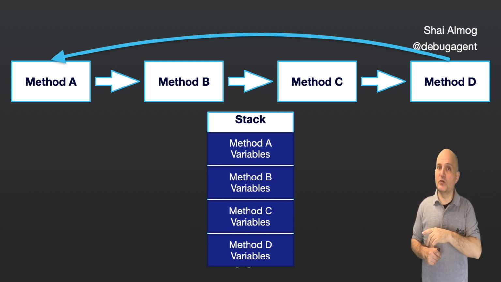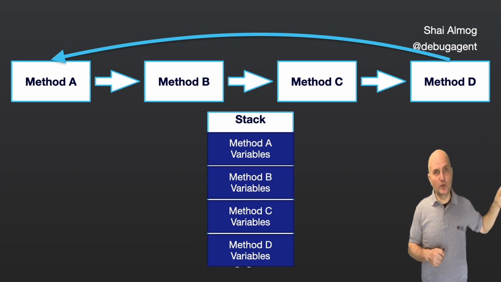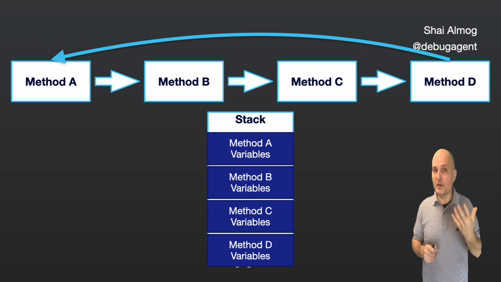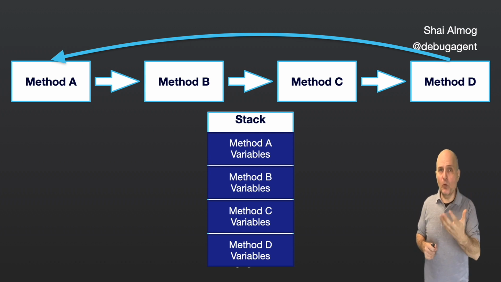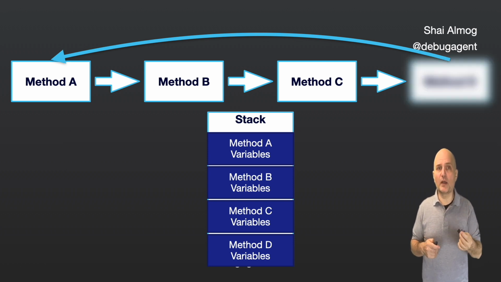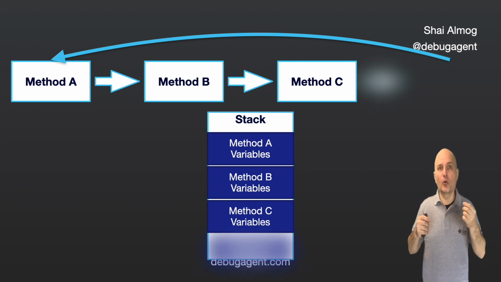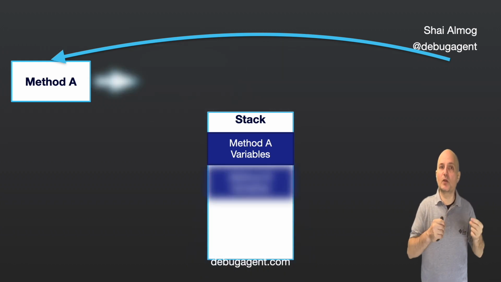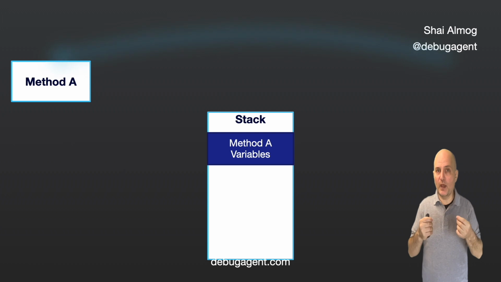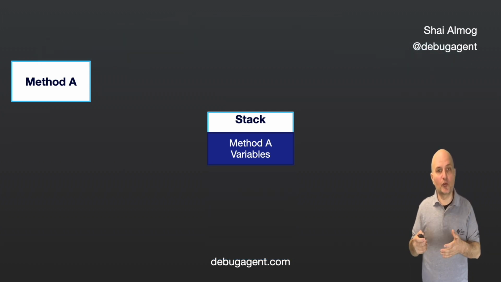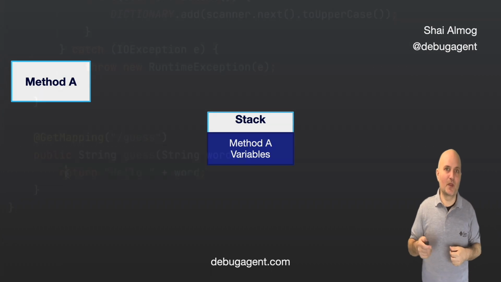The exception will jump all the way back to the catch statement of method A, but it will clean up nicely behind itself. All the stack elements will rewind. This is pretty powerful. We don't need to write error handling code all over the place. We can just throw an exception and trust that someone along the way will do that for us. Everything will be cleaned up and returned to normal.